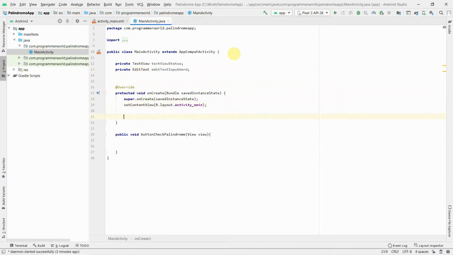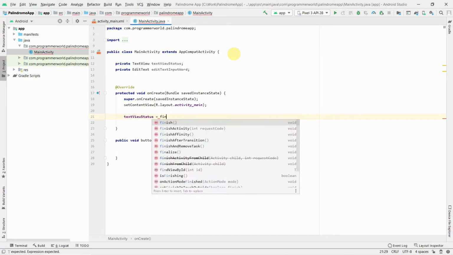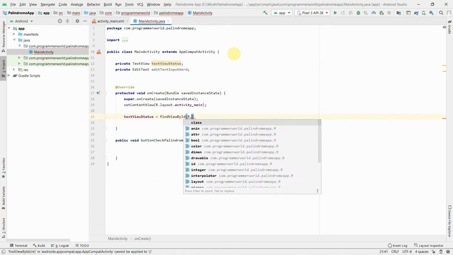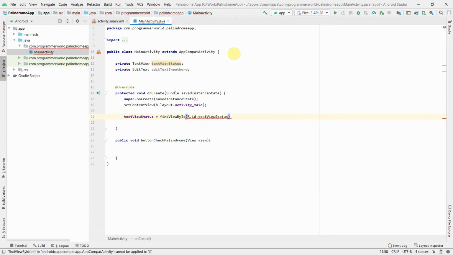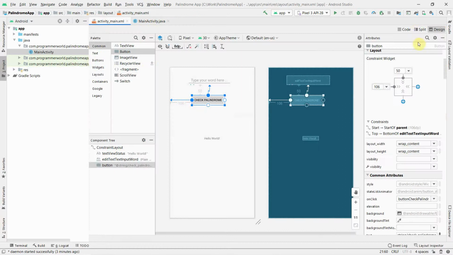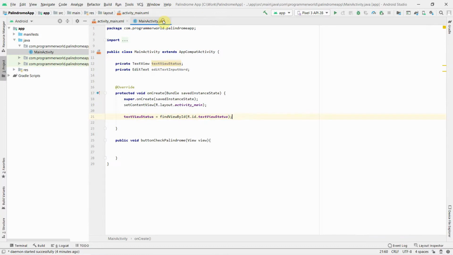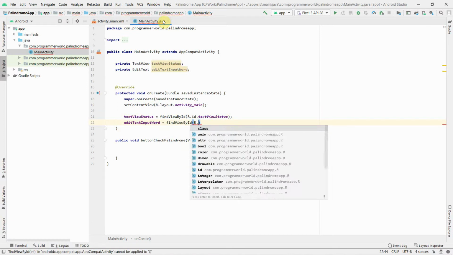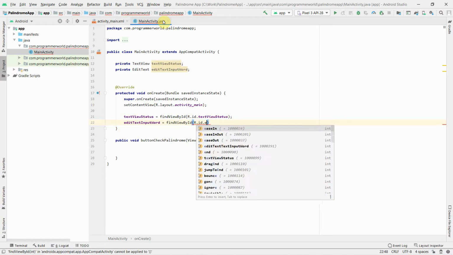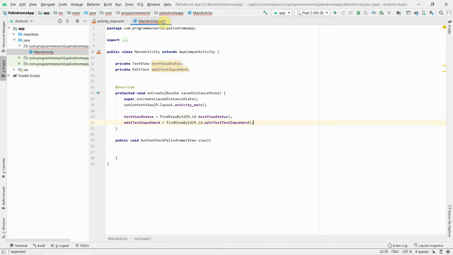In onCreate, I'll associate these with the widgets using findViewById, R.id.text view status, the id which we gave in our XML file or in the layout, if you recall. So these are the ids which we are using in our Java code. Going back, I'll do the same for the edit text, findViewById R.id.edit text input word. Perfect. So now we are done.